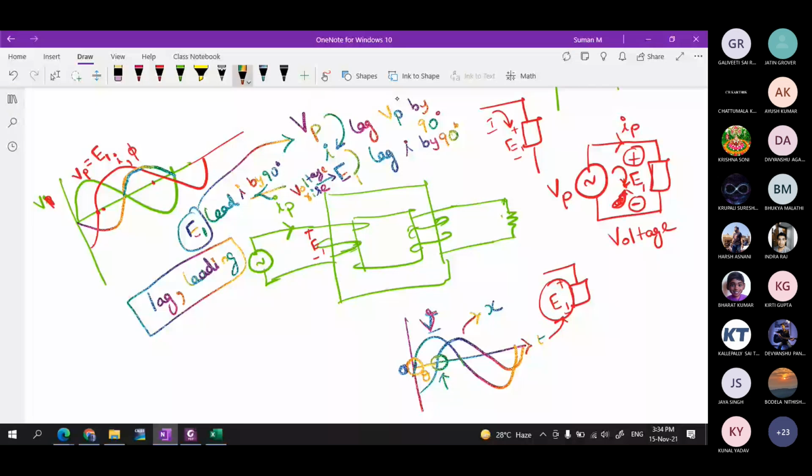Let's say that this is 0.1 second. This has crossed the zero after 1/4 of the total time period. Let's say that the total time period is 0.025, so it would have crossed the zero by 0.125. So this v has crossed the zero by 0.1, and this x has crossed the zero by 0.125. So you can clearly see that this x has crossed the zero after some time instant of your v, right? So here this x is lagging the voltage by a certain angle.